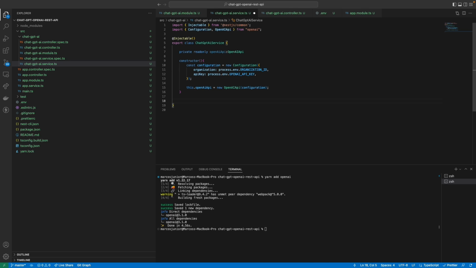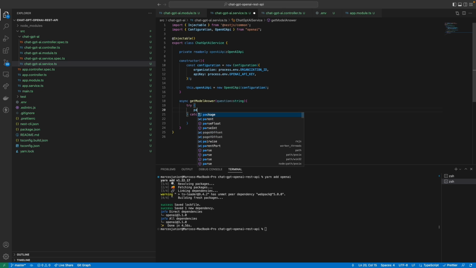So now let's start doing the interesting stuff. Let's define a method for receiving the user prompt message. I'm gonna say async getModelAnswer, and the question will be a string. Okay, perfect. Now we need to pass some extra information to make the model work properly. Since this is a call to an external service, I'm gonna wrap it with a try-catch block,